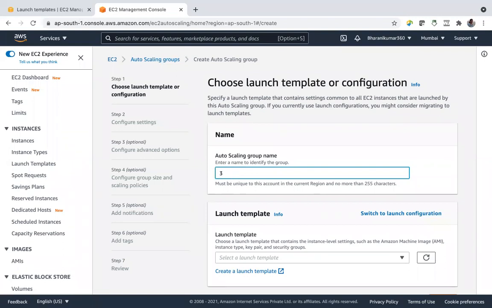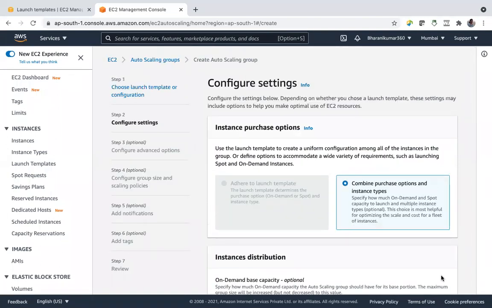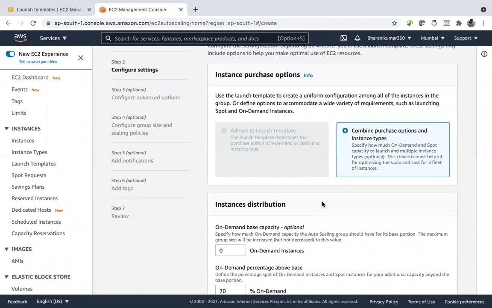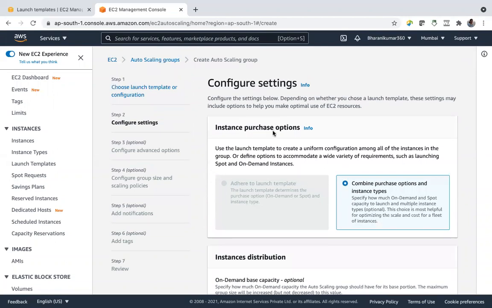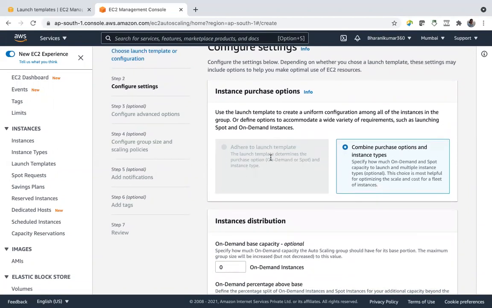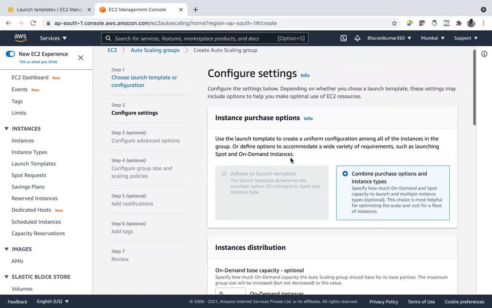And launch template, this one. Next. So let's go here. And here the options are also different when we are using a launch template.